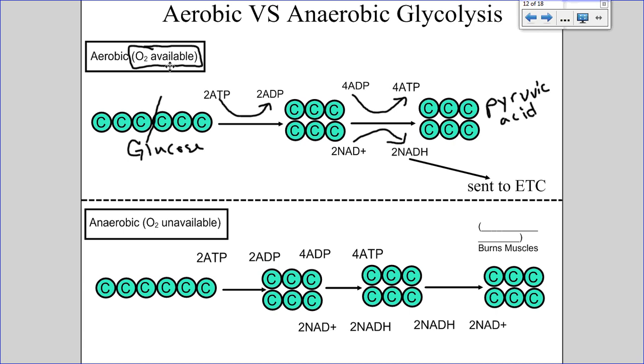Now, that's when oxygen is available, and it is called aerobic. How I remember aerobic is that "aer" sounds like air, which people usually associate with oxygen. So aerobic requires oxygen. The alternative to aerobic is something called anaerobic. When you put "an" in front of a word, it typically means without. So anaerobic means without